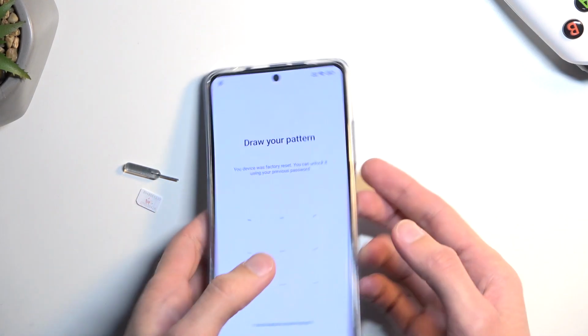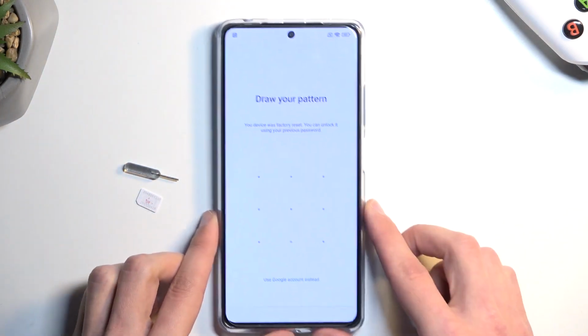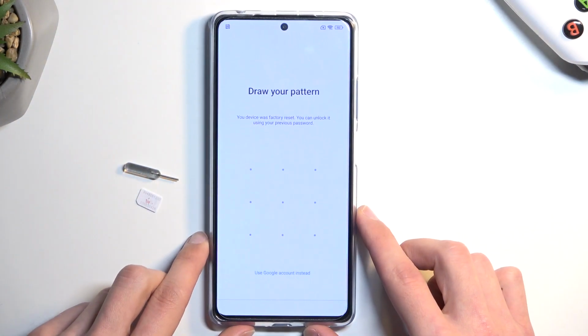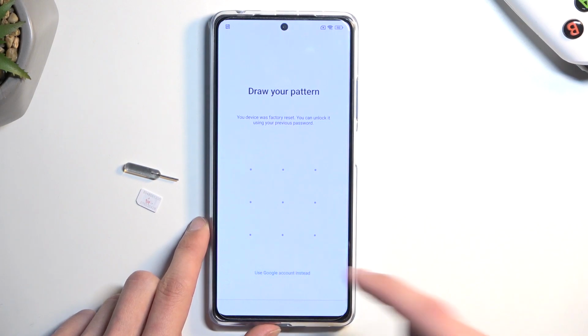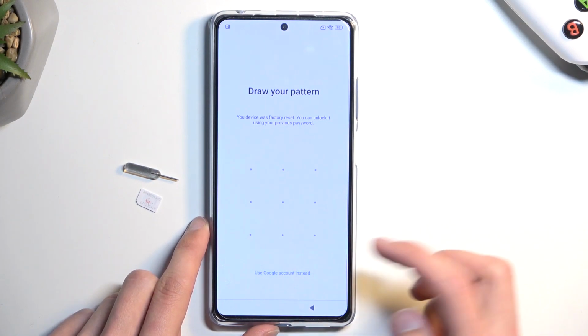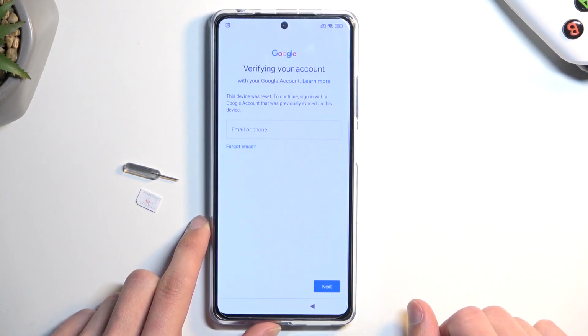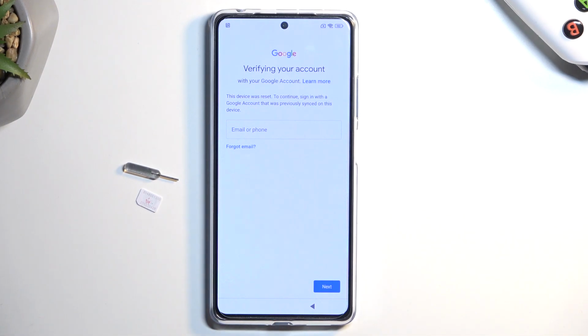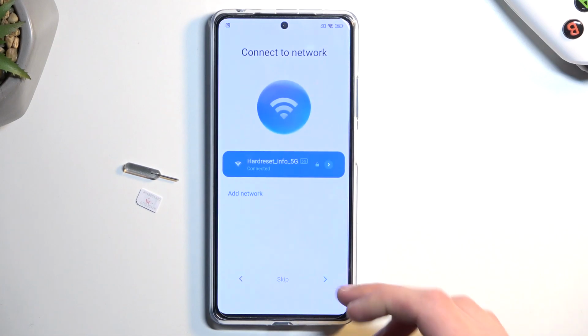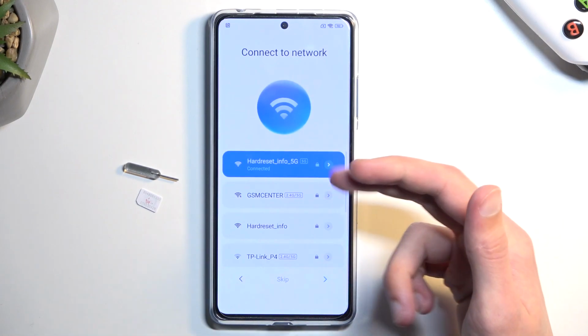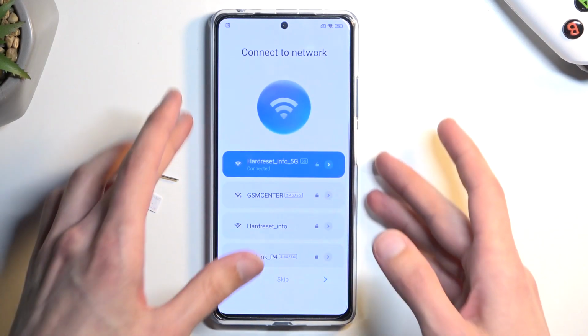Now, before I get started, I'm gonna just mention that you can see the phone is locked. It's telling me to draw the pattern to unlock it, and obviously I can do this by unlocking it using the Google account. But we're assuming we don't know either of those. So, progress through the setup till you get to this page, connect to your network, and from there you can then